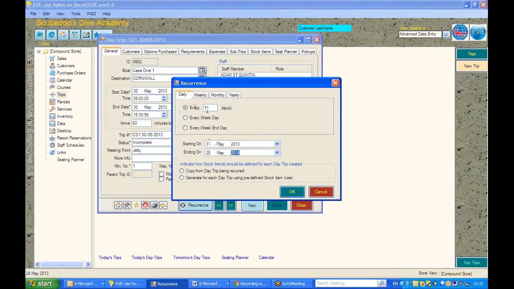So you'll see here I have put in every 1 day for the next year. Stock items are on another video, so we'll look at those times. But I could copy those stock items from this original trip or generate for each day trip using specific rules. Or that could be, for example, a weekly recurrence, and it could be that that weekly recurrence will be every Thursday, say,